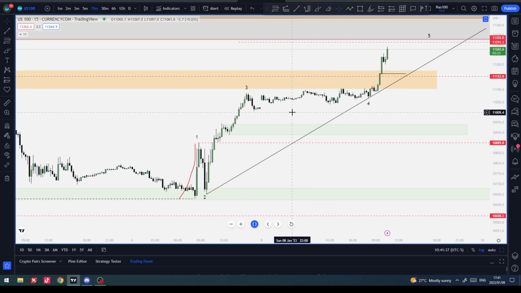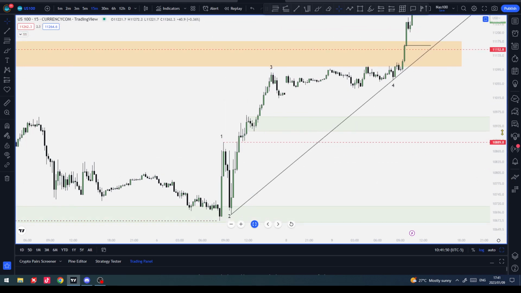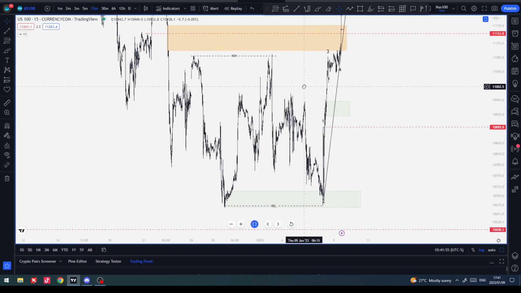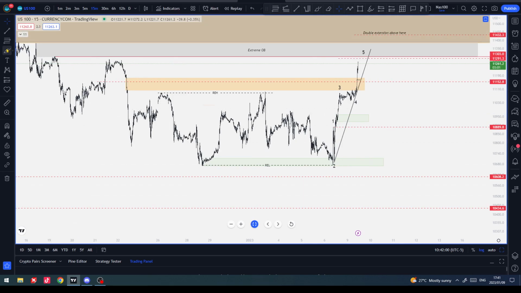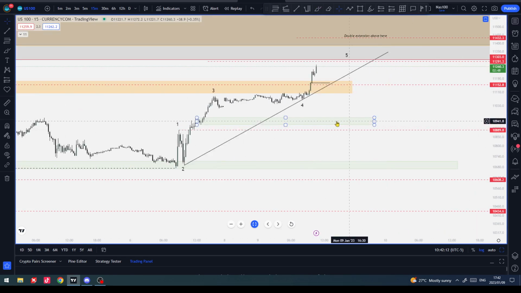But what actually happened on market open this morning was it gapped up. So we had a gap here. And all of this looking for an impulse or a move up of some sort was based on the fact that I wanted to see this as some sort of 3-5 extended flat, right? So looking for the 5 waves.